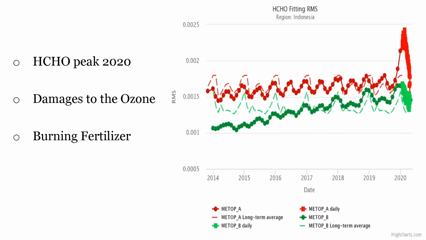the surrounding environment. The formaldehyde peak that we see at the end of 2019 to 2020 is representative of the fires that broke out across Indonesia during September 2019 to the beginning of the year of 2020. Formaldehyde, however, doesn't last very long in the atmosphere, so even though the majority of fires happened in September of 2019 to the beginning of 2020,